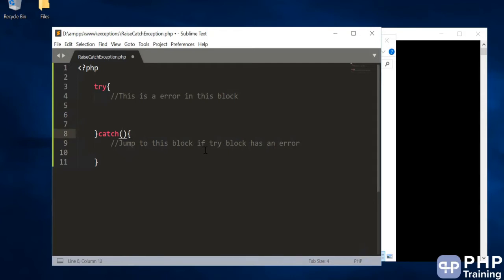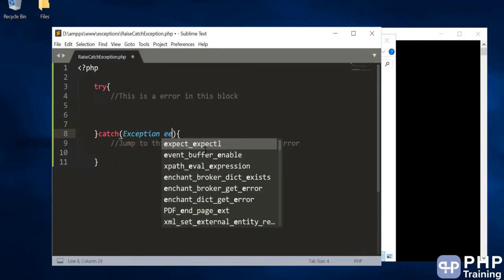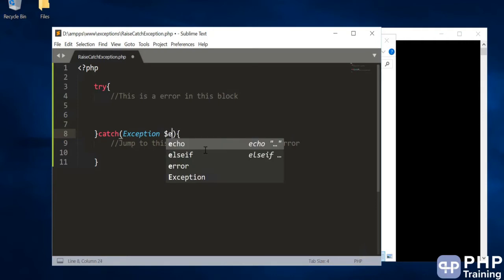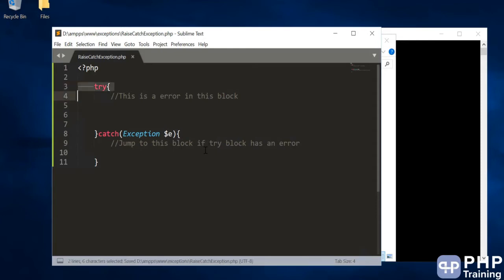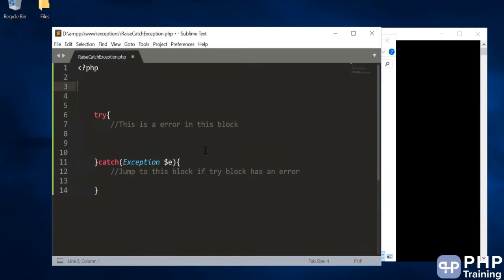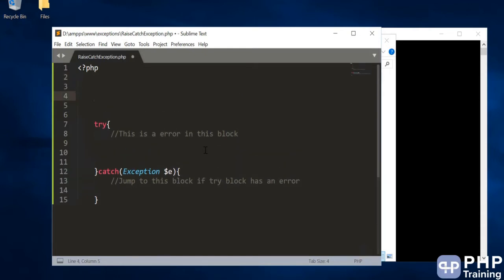For the catch keyword, you have to pass in the argument, the name of the exception. So the name of the exception is Exception, and you will create a variable for it. This is the very generic syntax of how to write a try catch block, using which you can catch the error and then decide what to do with it. For that, you have to raise an error first. So we will write a function to raise an error, define it in the try block, and see whether the catch block gets executed, whether we are able to successfully catch that error or not.